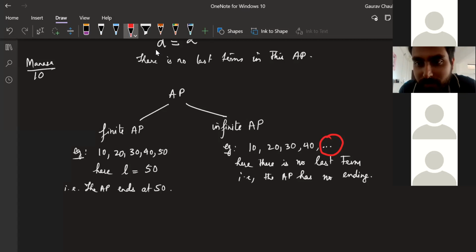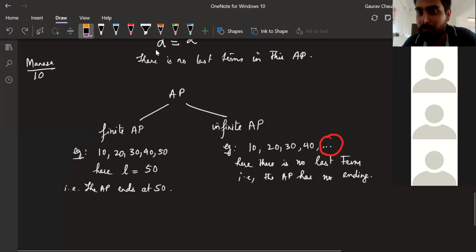Okay, sir. The dots, right? Here I'm not going to put that dot, because if I put that dot, it means it's going to continue. You can put a single dot if it's at the end of a sentence, but otherwise you don't put a dot. Okay, don't put 3 dots. Yeah, 3 dots means it is infinite.